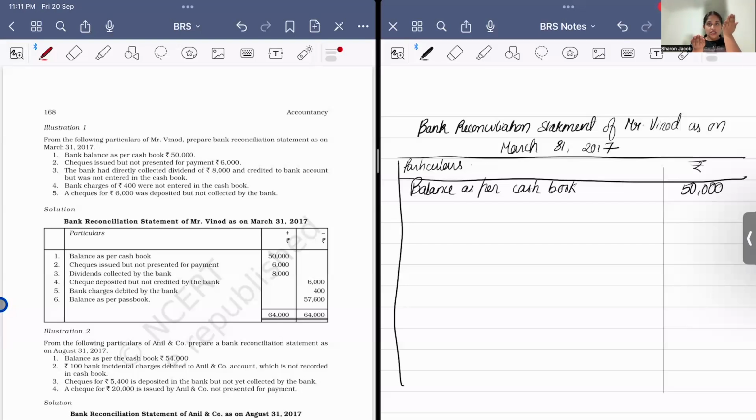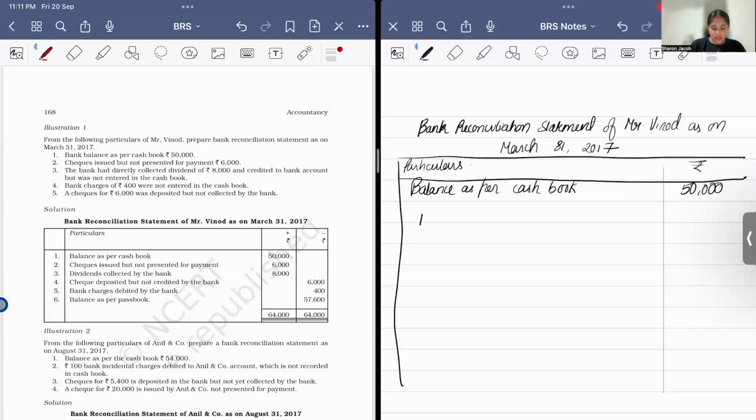Once you adjust it, you just look at your hands, look at your right hand and see which direction your right hand should move to reach your left hand. In this case, your right hand should move up to reach the left hand. If your right hand should move up, you will add. If your right hand should move down, you will subtract. So, with that logic, first we will